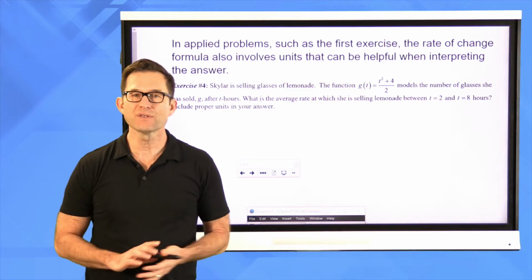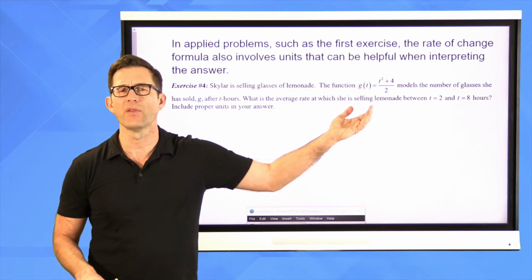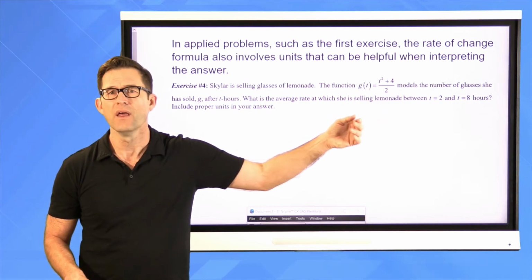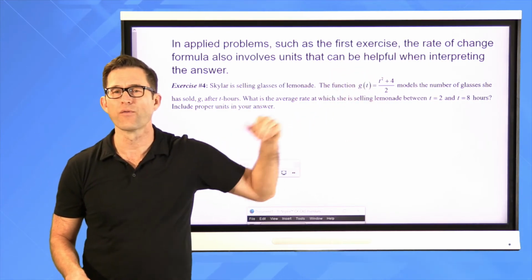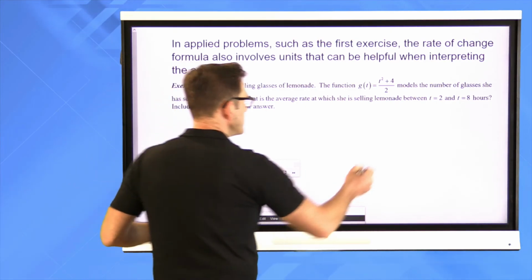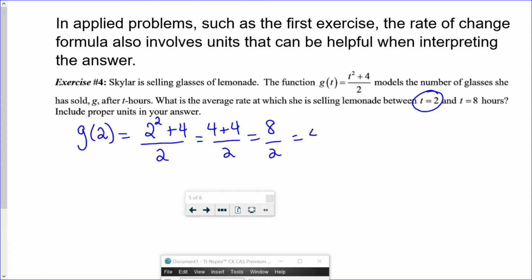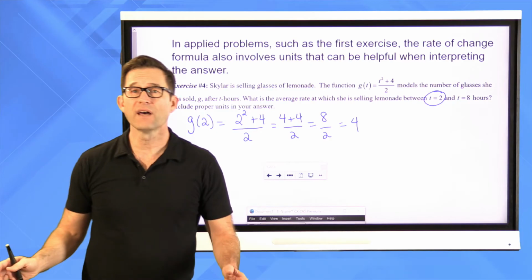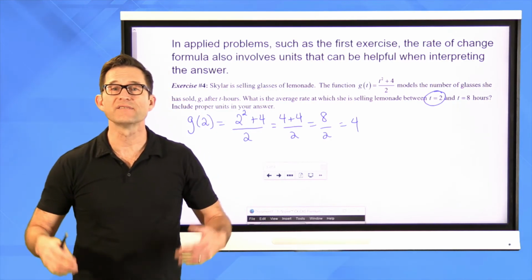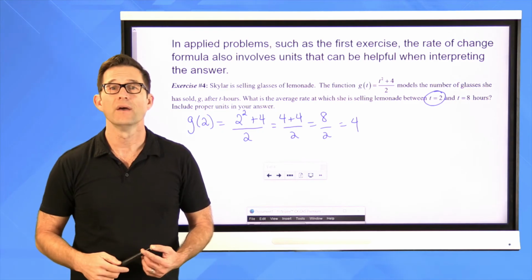Great. So again, you always want to make sure you understand what the function that they gave you tells you, right? So g of t equals (t squared plus 4) over 2. If I took t equals 2, let's say, and plugged it into that formula, just so that we can really understand what the formula is telling us, I'd have 2 squared plus 4 divided by 2, which is 4 plus 4 divided by 2, which is 8 divided by 2, which is 4, right? All that tells us is after 2 hours, Skylar has sold 4 glasses of lemonade,